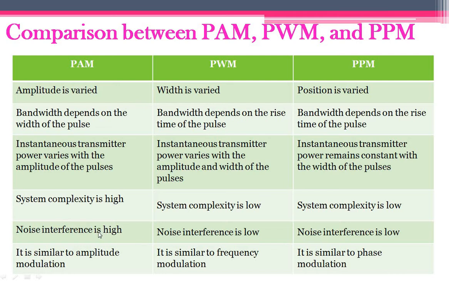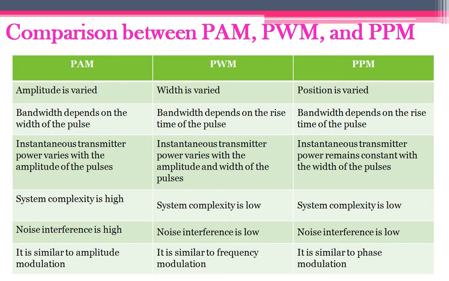Can you tell me why we are saying the noise interference is high here? In PAM, because your carrier amplitude is varied. Go back to natural and flat top sampling. There you can see at the flat top, the amplitude of your carrier is not varied. If it is varying like this, then some noise will be added. So here the noise interference is very high because the amplitude of the carrier is also varied in accordance with your message signal. The amplitude should not be changed, so due to that the noise will be added. That's the reason we are saying noise interference is high in pulse amplitude modulation.